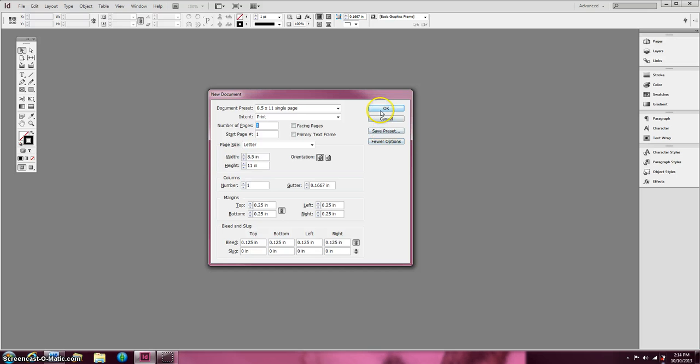So that's the basics on how to create a document in Adobe InDesign, and I hope it has helped you,